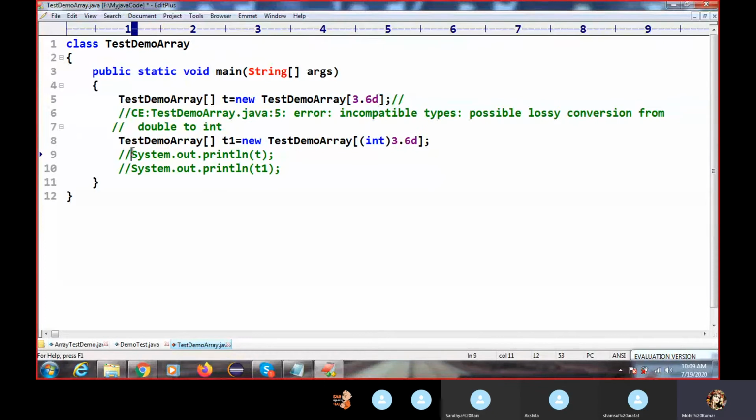But here we can cast this by using the cast operator. Let me comment this out, otherwise it will not work. So what I did here is this casting. This is your cast operator, in which you specify the type you want to convert to, integer type or any data type, and it will convert. Casting is a separate topic, and in the coming session we will learn it. So we can convert this double type into the integer type.